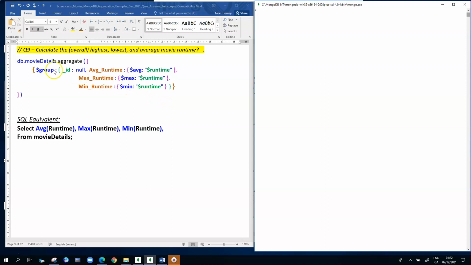So in this case, we need to use the aggregation pipeline feature component, and we want to group. And we're grouping by ID because we have to always include ID in the process, but it's null. So we aren't choosing to group by any particular category. So that's going to give us the overall average, the overall max, and the overall min. So let's just run the syntax